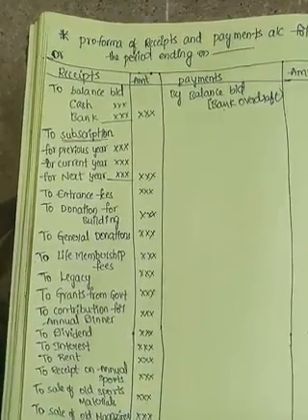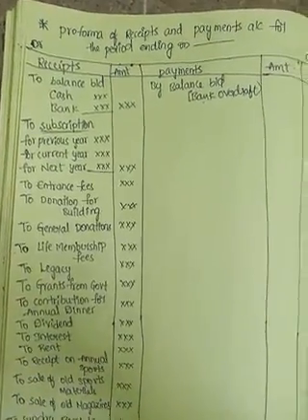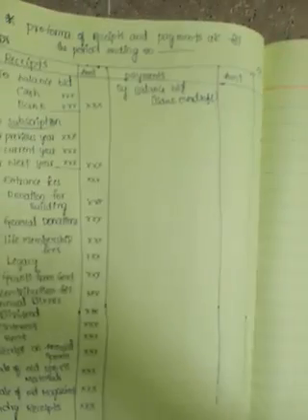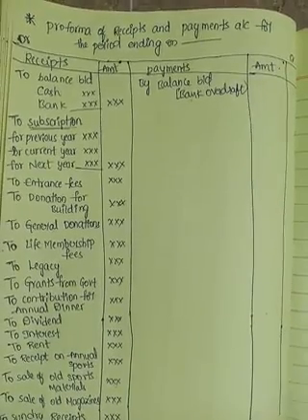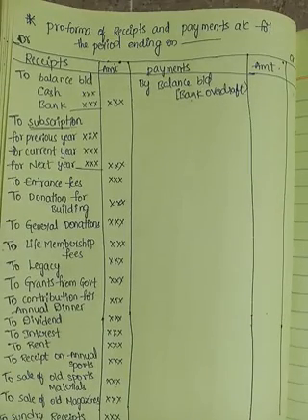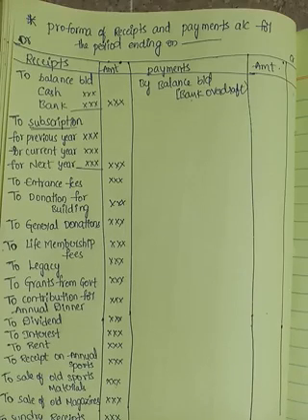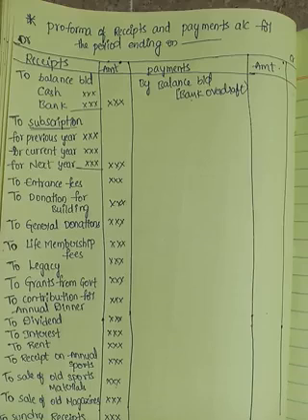Next, see on the payment side, first we'll start with the opening balances. Suppose in the problem if any bank overdraft is there, so that is a balance brought down, means we have to pay to the bank some amount. So that is the payment to the bank, so it will come under the payment side as by balance brought down.